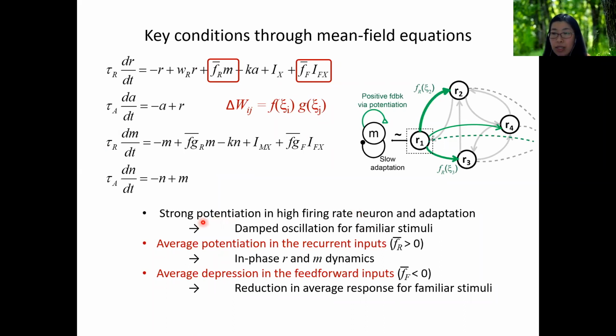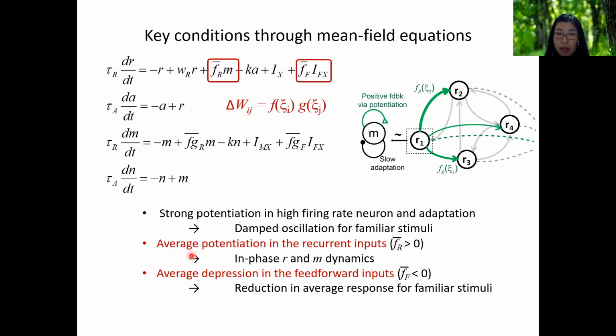And such a strong potentiation is creating the stronger positive feedback. And this stronger positive feedback, together with the slow negative feedback, can create the oscillation after learning. Okay? And as this was pronounced in the high fire rate neurons, the potentiation needs to be strongest in these high fire rate neurons. And then it is transmitted to the other neuron proportional to the strength of the recurrent synaptic plasticity, the dependence on the post-synaptic plasticity.